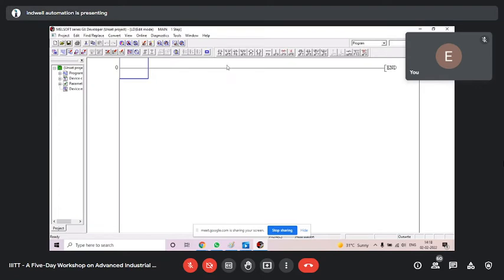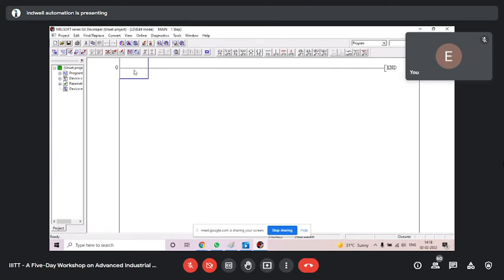You can see here NO, parallel NO, NC, parallel NC, coil, box, then horizontal line if you want, vertical line you want, horizontal delete, vertical delete. This is positive pulse, negative pulse, parallel positive pulse, parallel negative pulse. So there are many things they have given here.